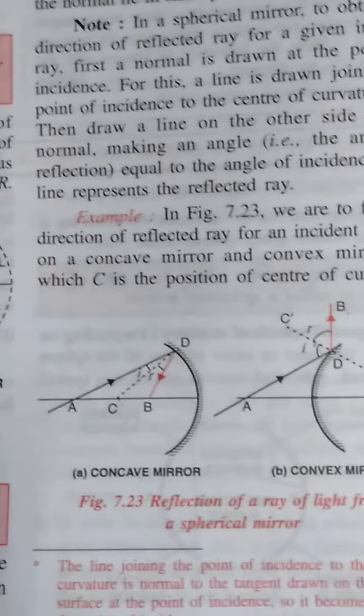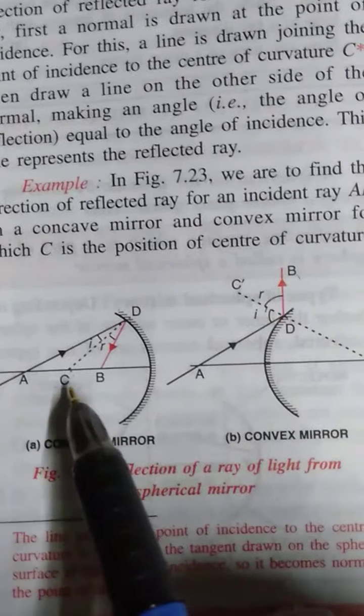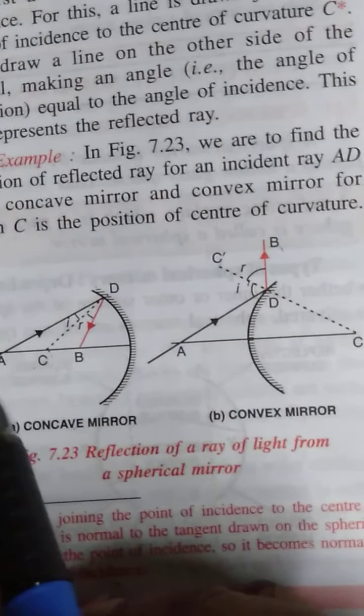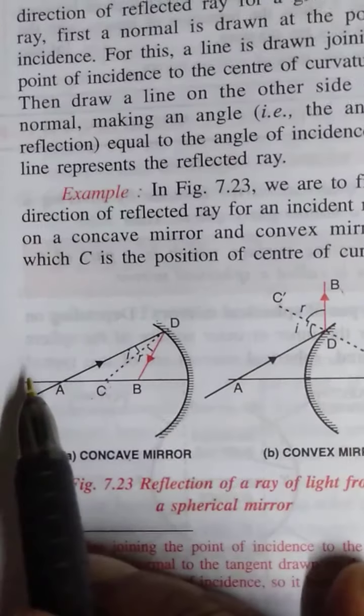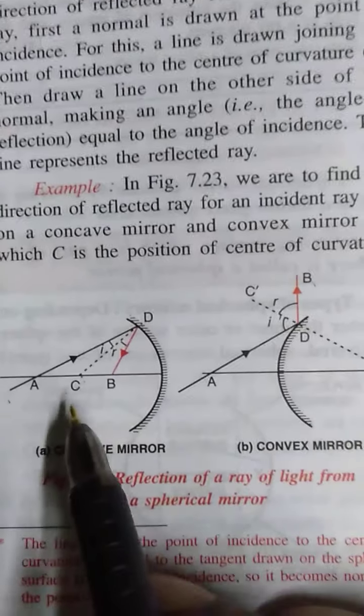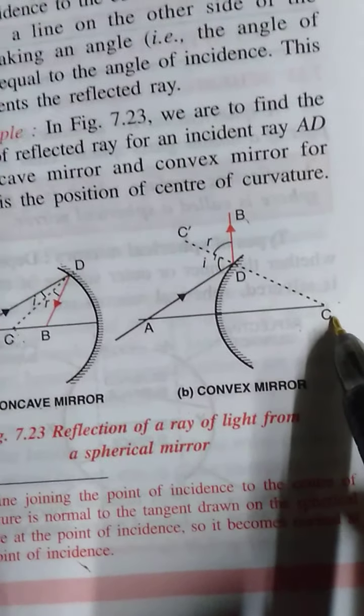Similarly here also. Now there is one difference. Whenever you draw the diagram, the center of curvature and focal length, all these, we are going to study what the focal length is. They lie in front of the mirror in the case of a concave mirror, and these things lie behind the mirror in the case of a convex mirror. So this is the center of curvature in front of the mirror, and this is the center of curvature behind the mirror. Okay, because this is virtual, the ray does not actually appear here.